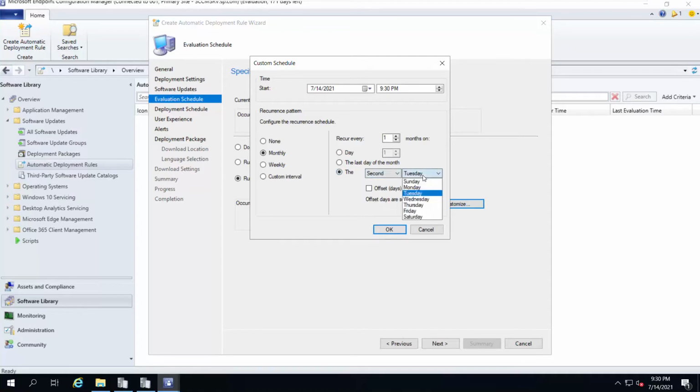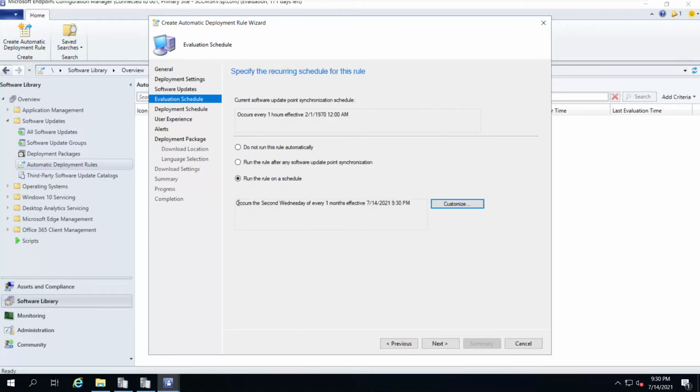You can see second Tuesday, but we don't want second Tuesday, because on second Tuesday updates will be released. So we can say second Wednesday of every month, or you can say last Tuesday of every month, right? So we can say second Wednesday of every month, and okay. So it will run on every second Wednesday of the month.